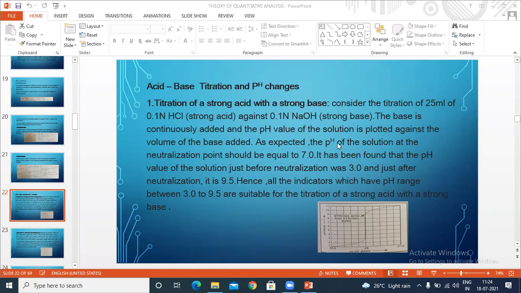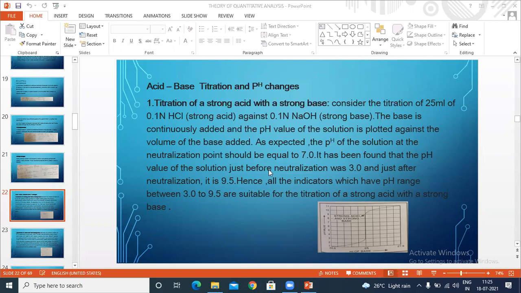So when we add a base to the acid, the pH changes. For an acid, the pH must always be less than 7. If it is a strong acid, then it is below 5 only. When we add a strong base, the pH of the base must be above 9 or 9.5. So when we add a base to a strong acid, first the pH increases